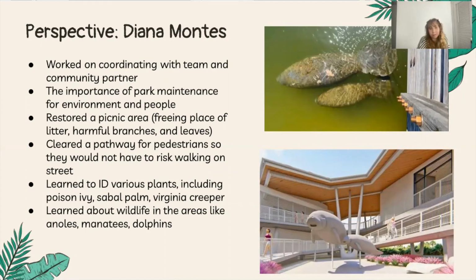And with this project, we learned the importance of park maintenance, not only for the environment and clearing up litter, but for people enjoying the scenery and not getting injured. We restored the picnic area and we cleared a pathway for pedestrians so that they would not have to risk walking on the road. During the project, we learned about various plant species and their effect on the environment, like